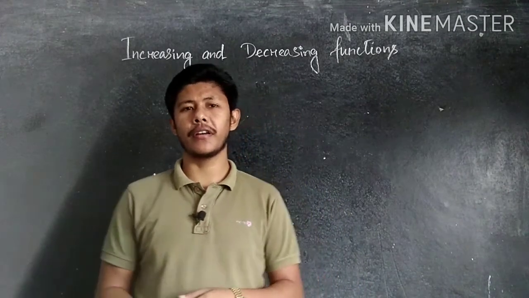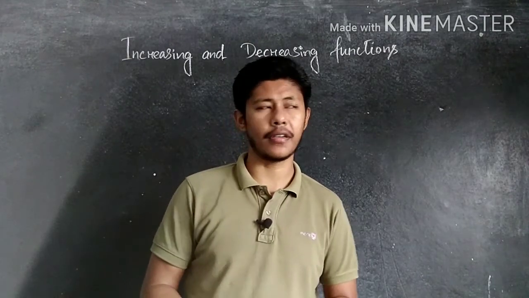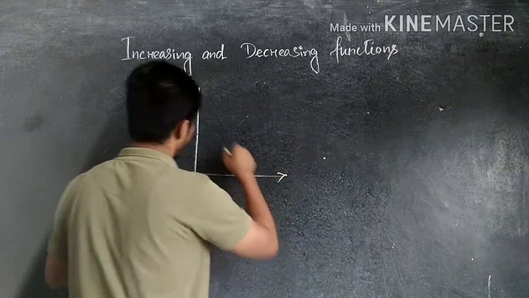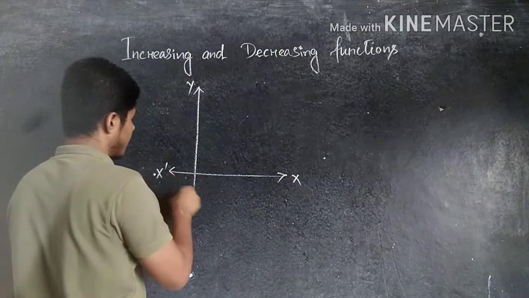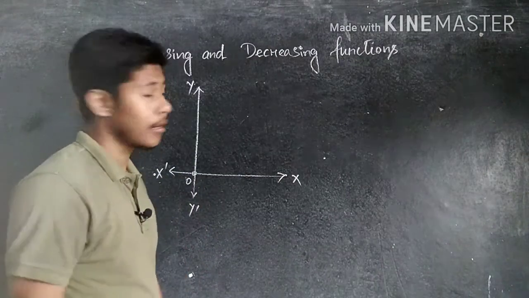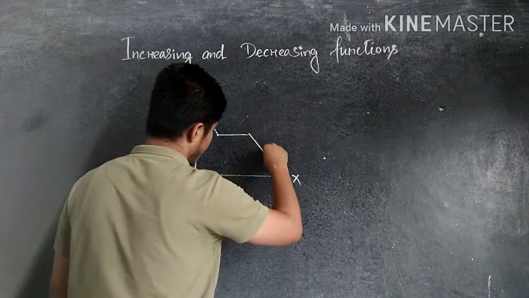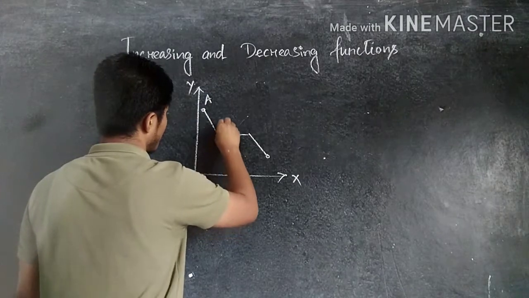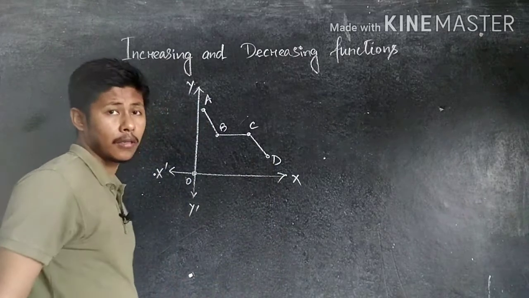Decreasing or strictly decreasing, first of all, we discuss decreasing. So in case of decreasing, let's see what we get here. Now again, if you draw an xy plane here, suppose this one is the xy plane we consider. So this one is y, x, here x dash, and this one is y dash, origin. So in case of decreasing, if we consider a graph here, now in this case you see, if you denote this one A, here B, and this one is C, this one is D.